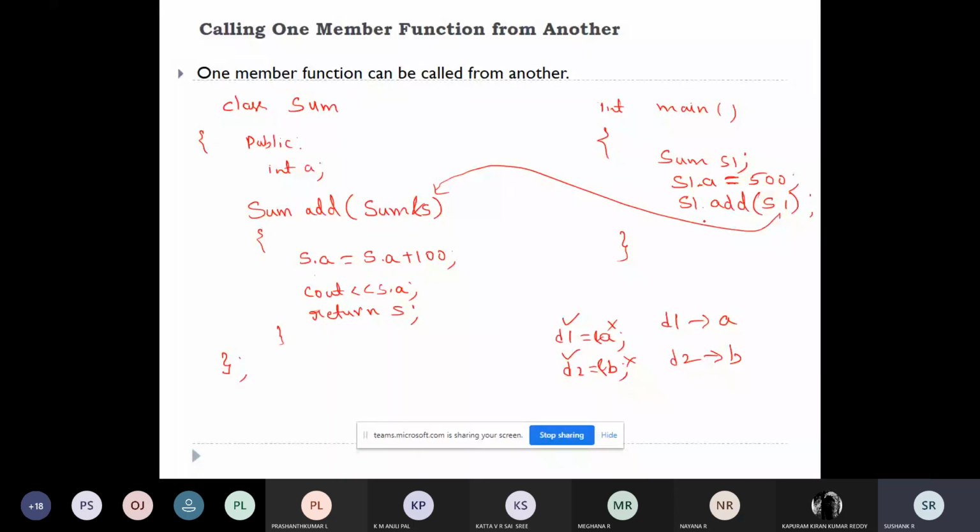Here you can also write s2 is equal to s1.add, like that. What I wanted to tell is that a function can accept parameters as objects, and it can also return objects as the return type.